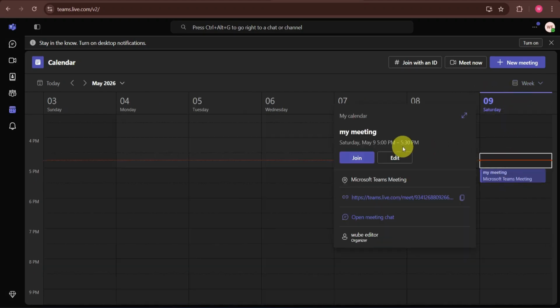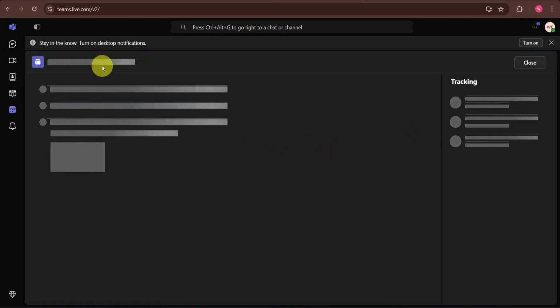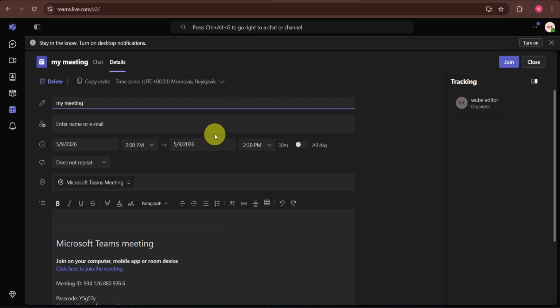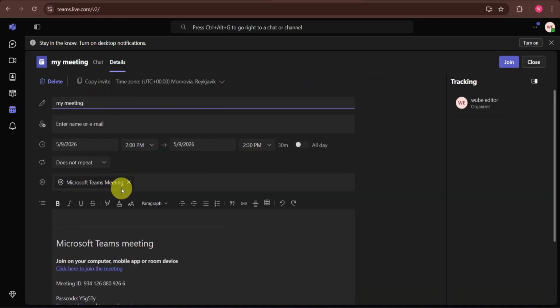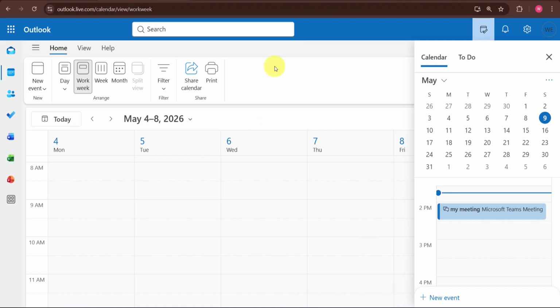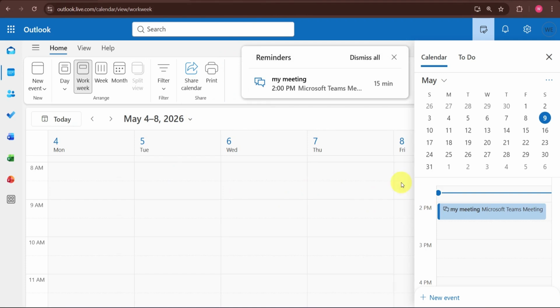platforms. Another helpful feature is that reminders and notifications will stay connected between Outlook and Teams. So if you receive a meeting reminder in Outlook, you'll usually see it in Teams as well. You can also customize your calendar experience by changing notification settings, adjusting meeting reminders, or color-coding events to make your